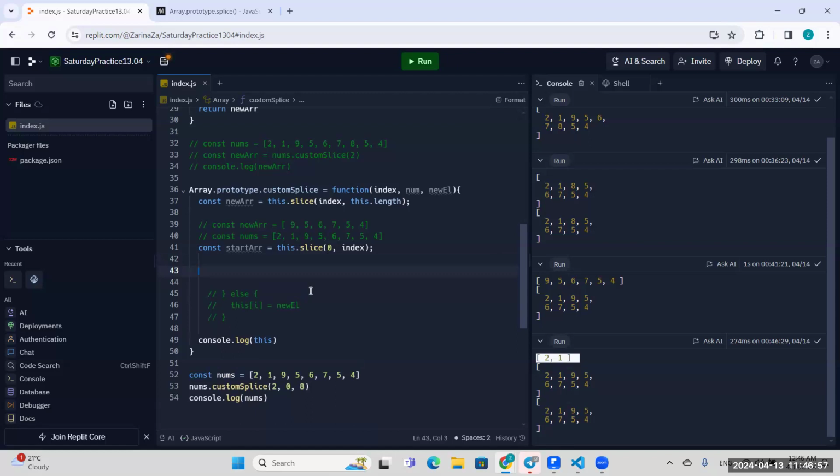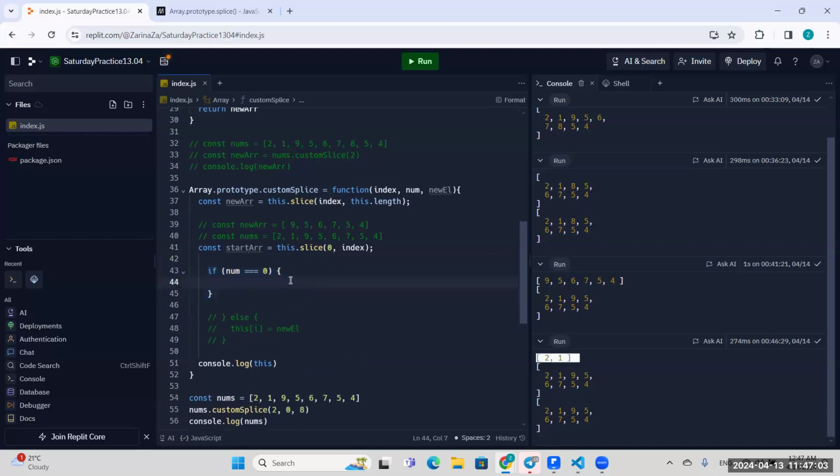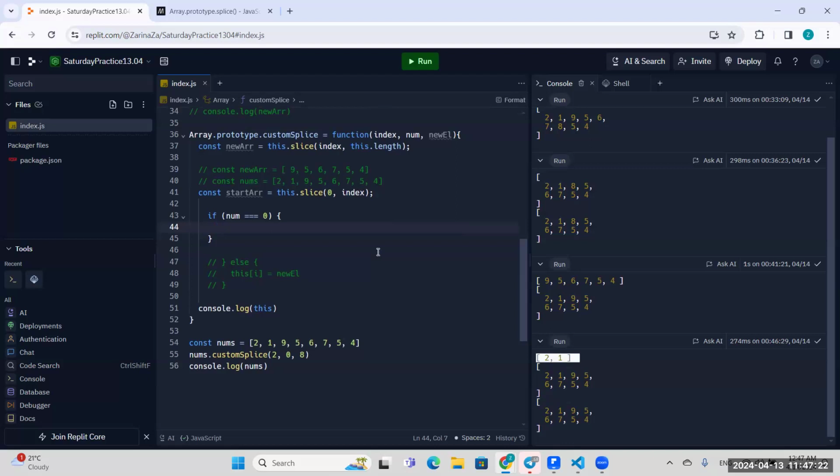If it's 0, then we need to separate into 2 and put everything in the middle, right? If it's 0. But what if it's